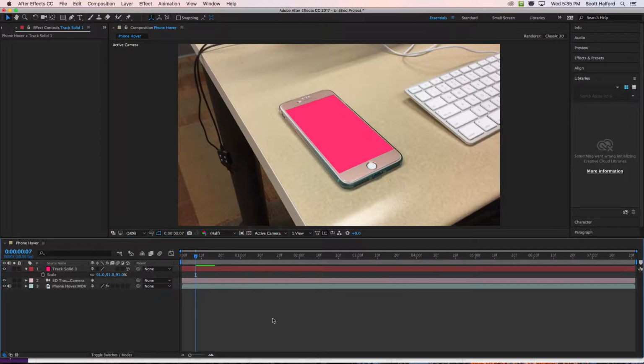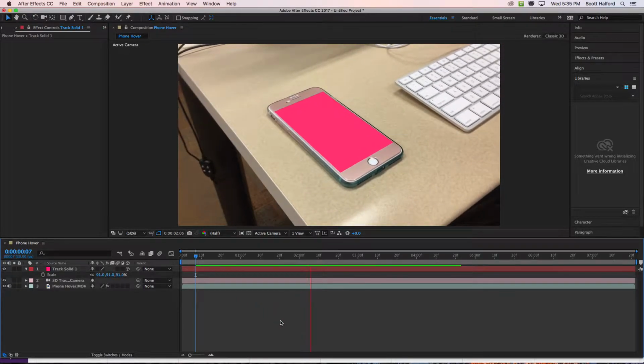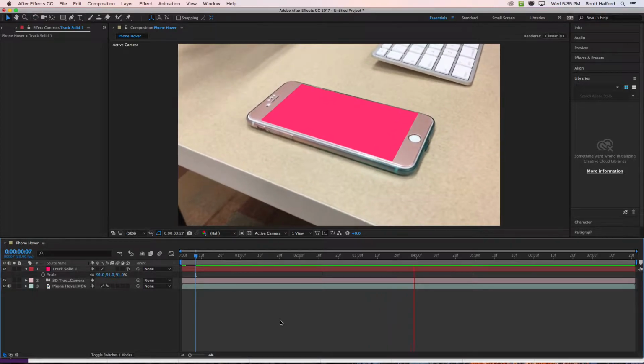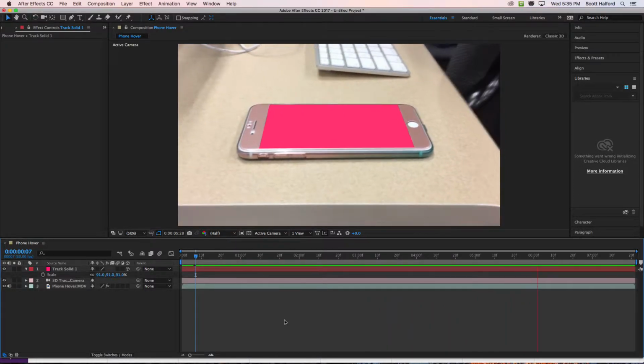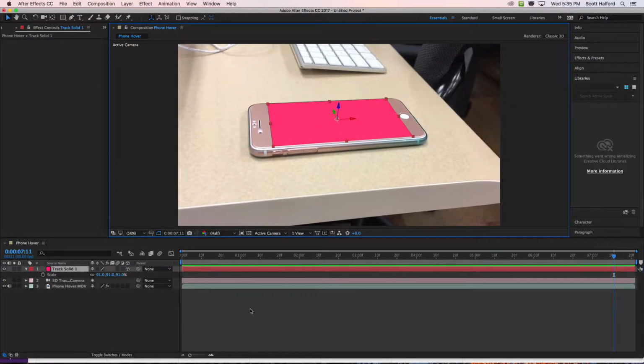Okay, so now let's watch it. That looks like it's pretty close. Okay, so moving forward, I'm going to use that as the basis for what I'm going to replace the screen with. Okay, so let's leave that for now